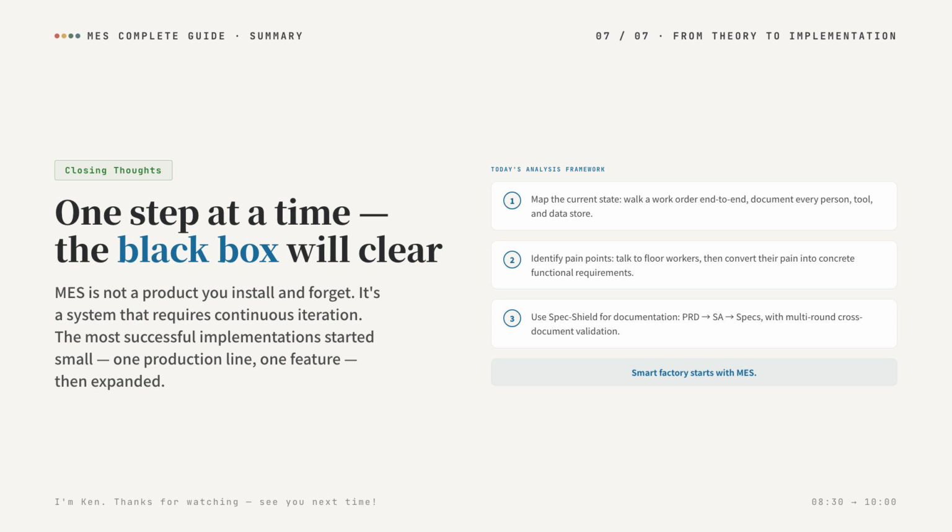MES is not a product you install and forget. It is a system that requires continuous iteration. The most successful implementations did not try to do everything at once. They started with one production line, one feature, got it running smoothly, and then expanded. In Taiwan,